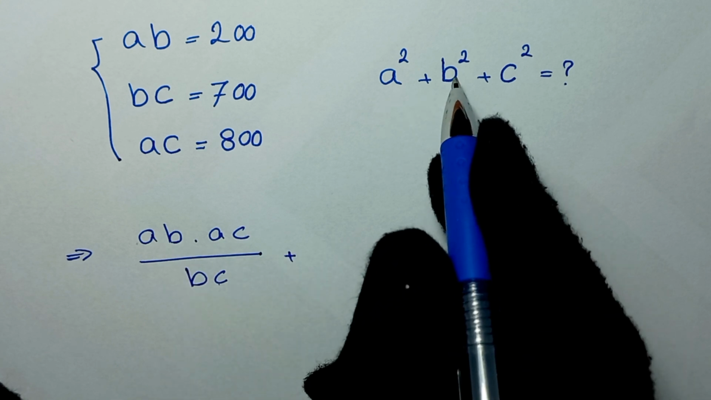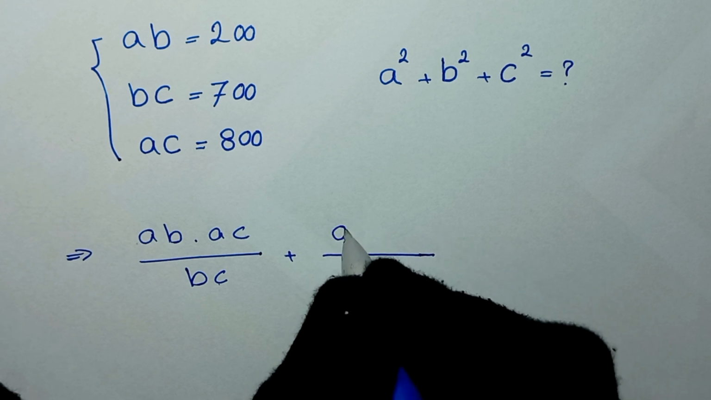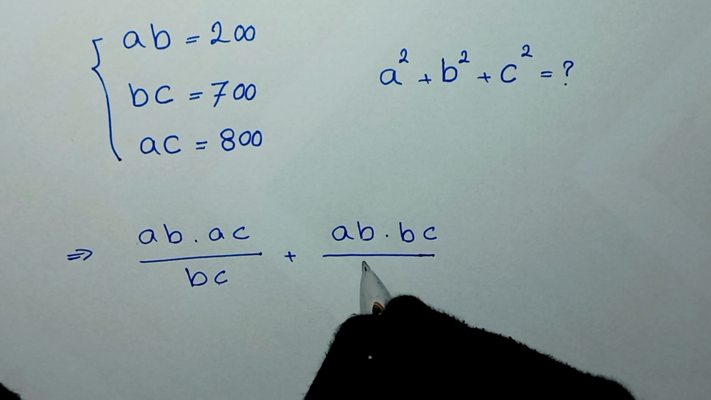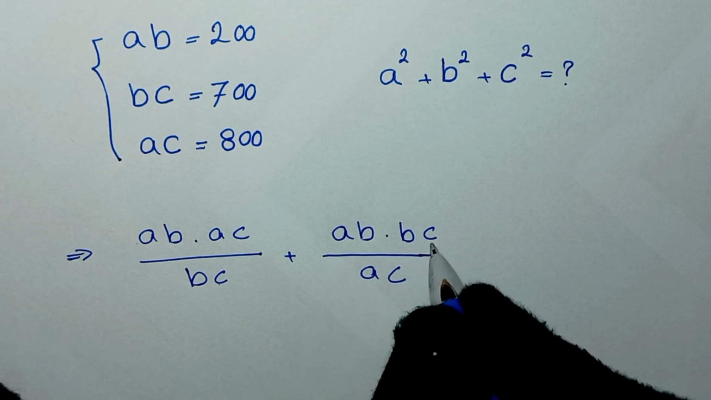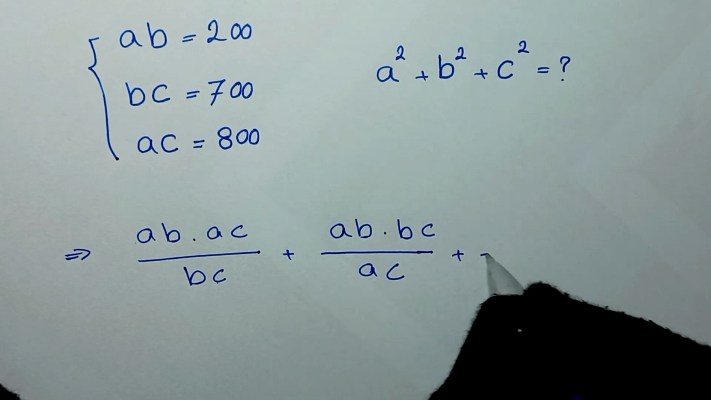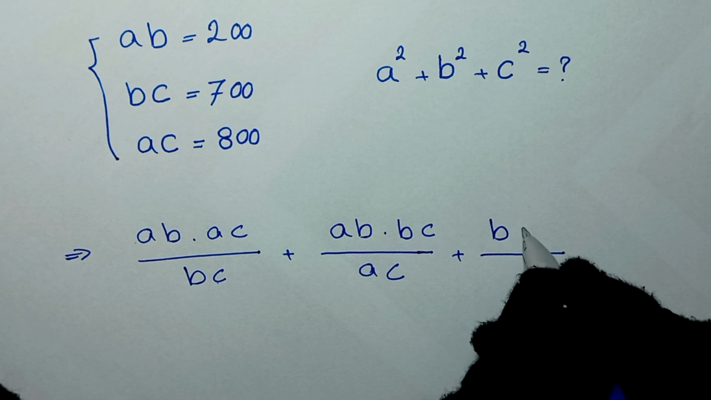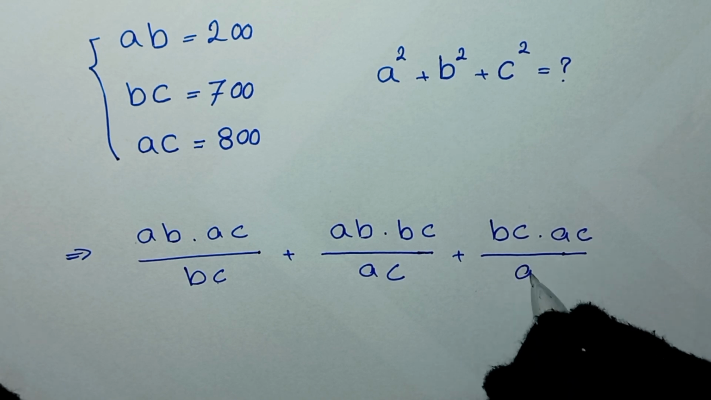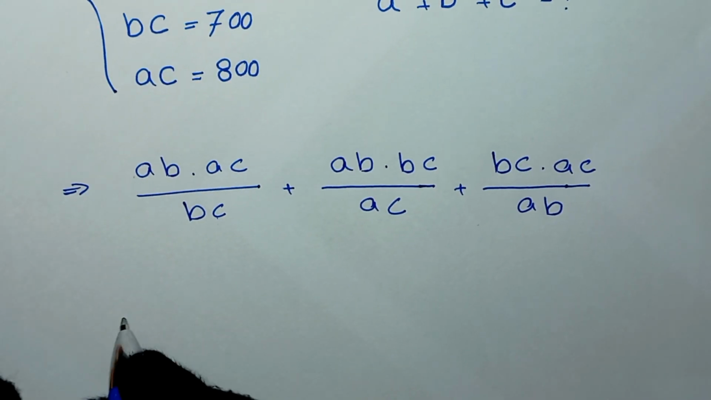Also, for B squared, we can write this as AB times BC over AC, right? This A will cancel this A, and C will cancel this C, and it will be B times B. And for C squared, we can write this as BC times AC over AB. And this is equal to,